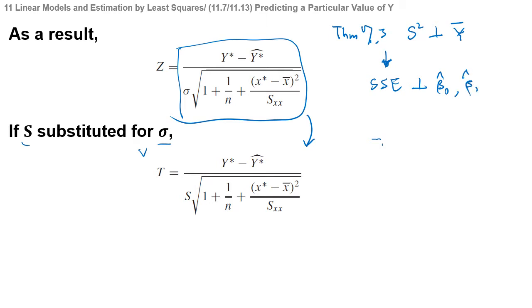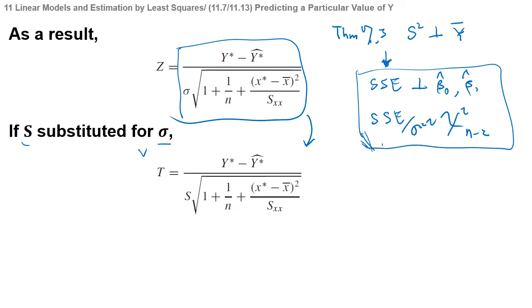We can derive something like this, and also we can derive that SSE divided by sigma square follows chi-square distribution with n-2 degrees of freedom. So if we derive this result,